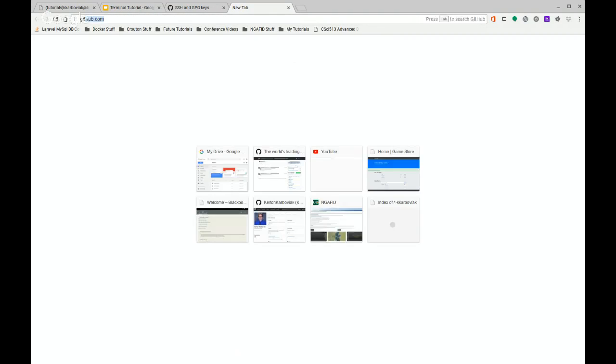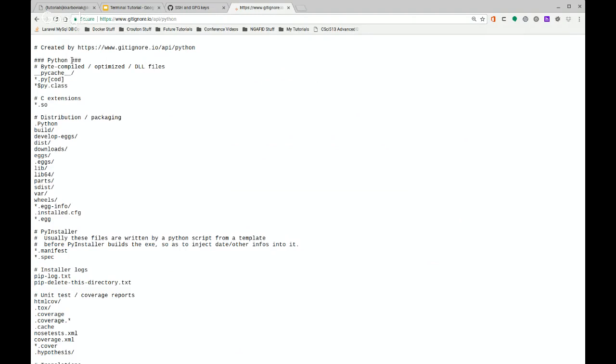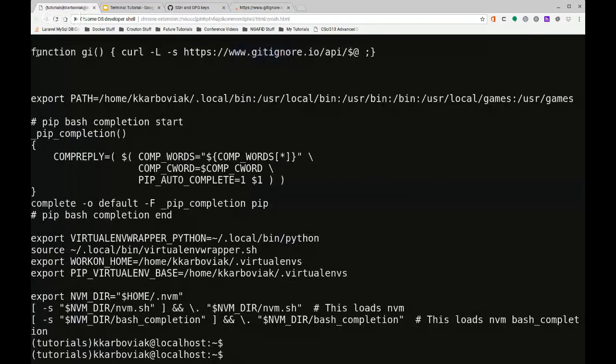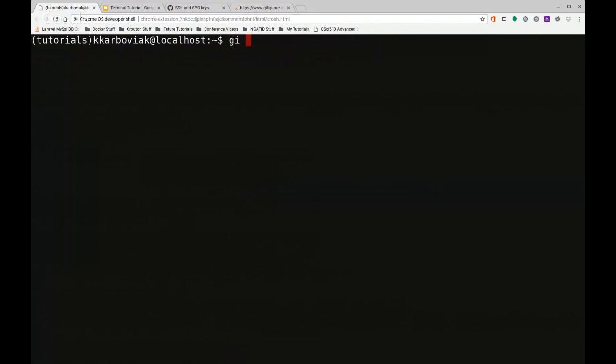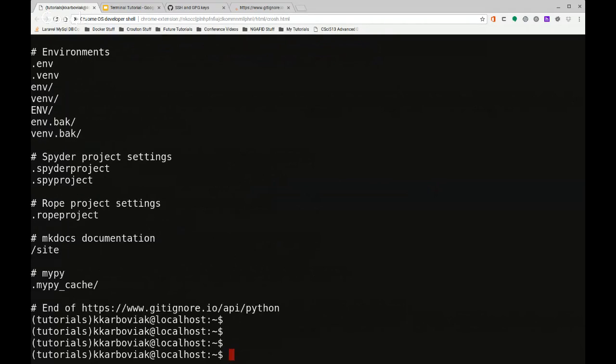gitignore.io site, if you go to it directly, you can search for common languages. So if you're doing something in Python, you type in Python, hit create, and then it gives you a typical gitignore file for that. But with the function that I made, all I have to do is type gi and then python, and then it automatically pulls that from the website. And so what you can do, if